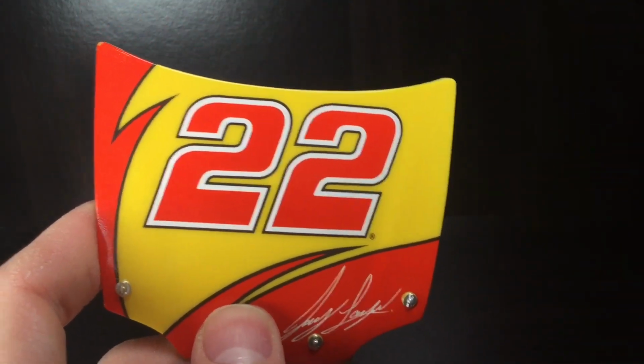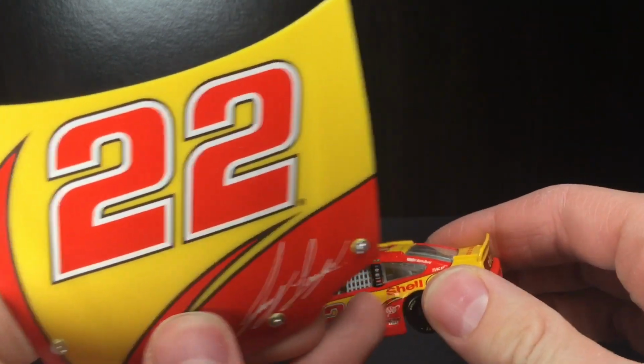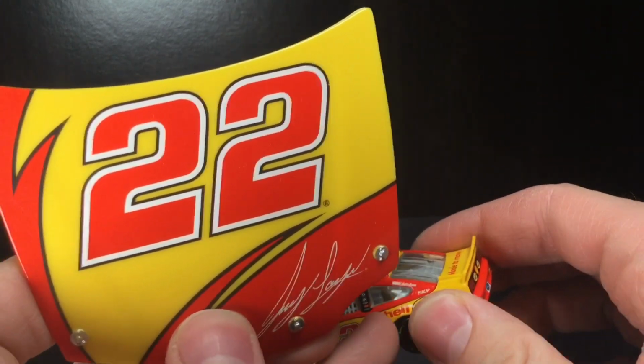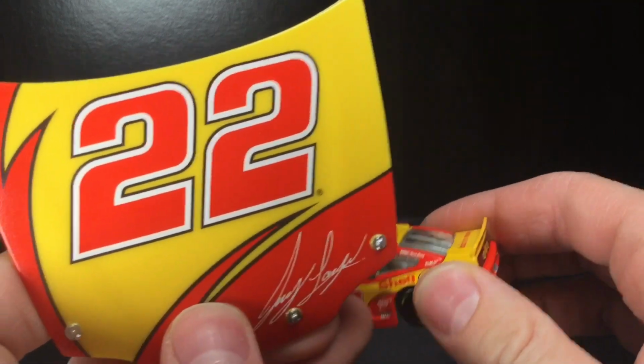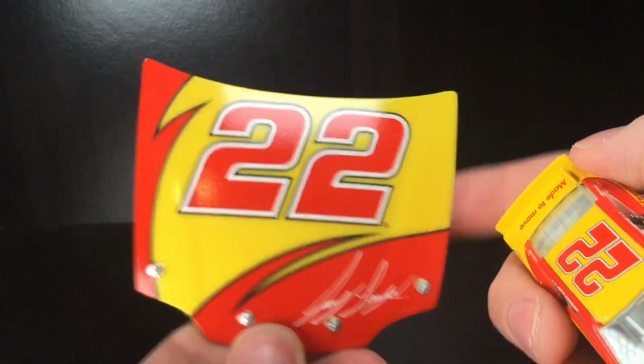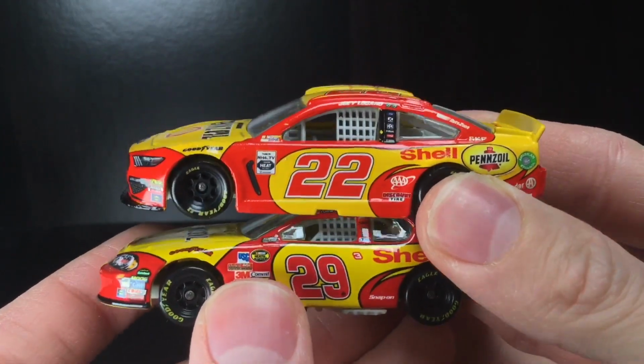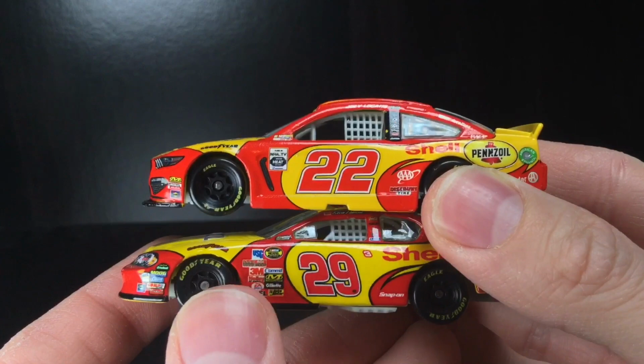So not only were they able to get the paint scheme design, that kind of tribal tear, kind of like a whip of the red just shooting where the left and right rear tires are. Very sharp. And of course, folks, I mentioned earlier in the video, we're going to have a true side-by-side comparison